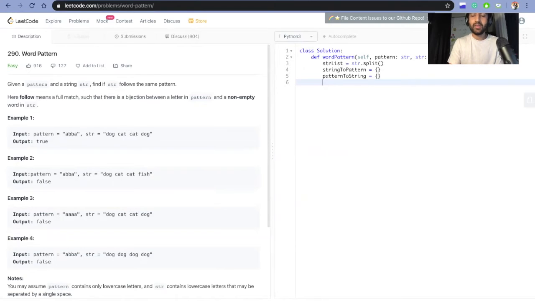So we can have a case like AAA is the pattern and the string is dog, dog, dog, dog. So this is the string and this is the pattern. So the length are not same. So in this case, we have to return false. So if length of pattern not equal to